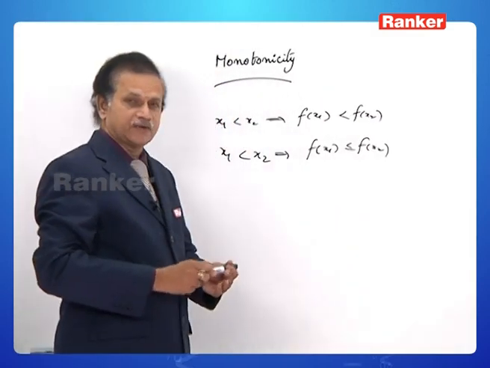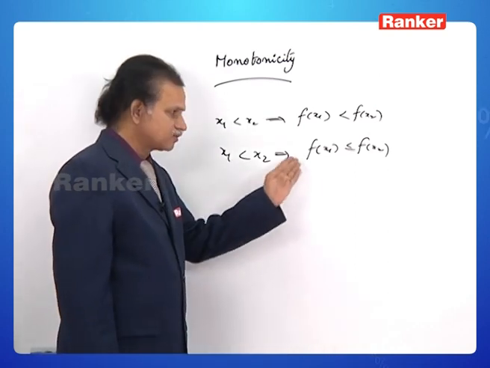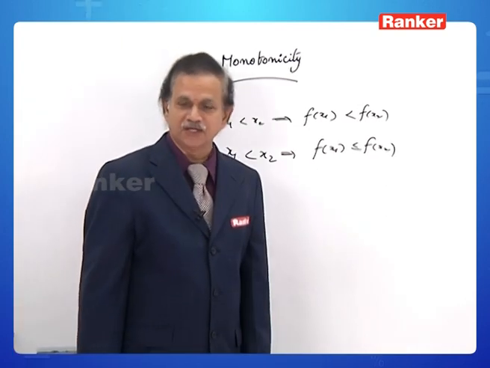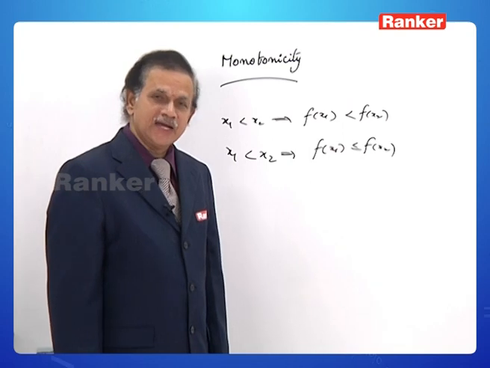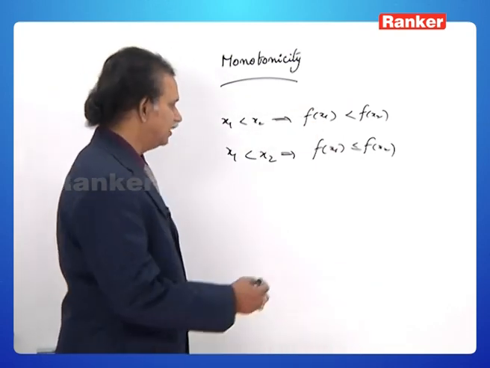For all points x1 and x2 belonging to the domain of the function, if x1 less than x2 implies f of x1 less than or equal to f of x2, then f is monotonically non-decreasing. Similarly, if